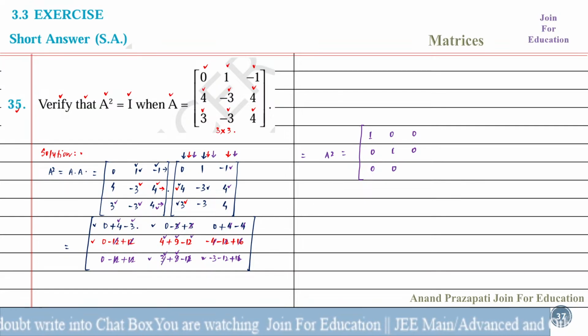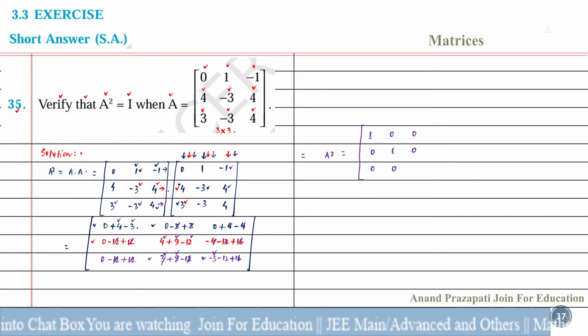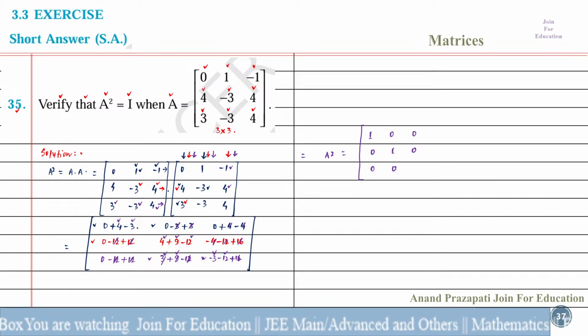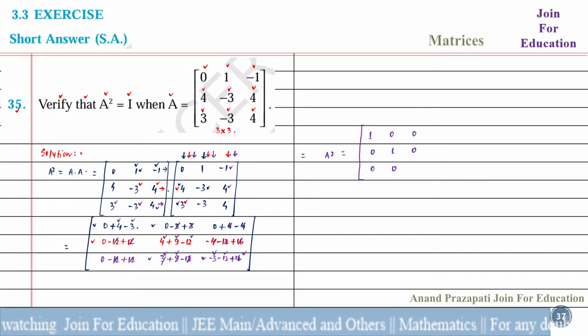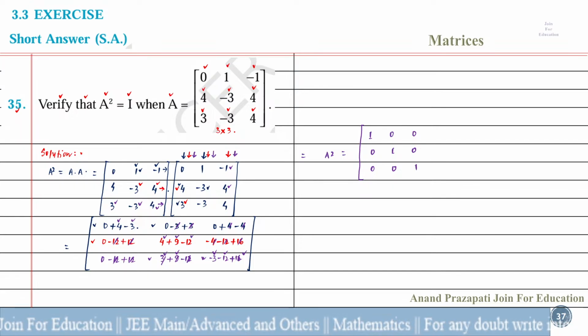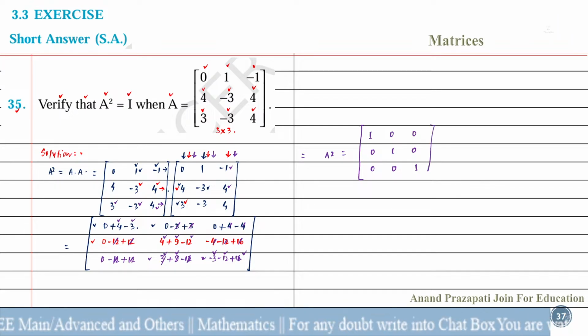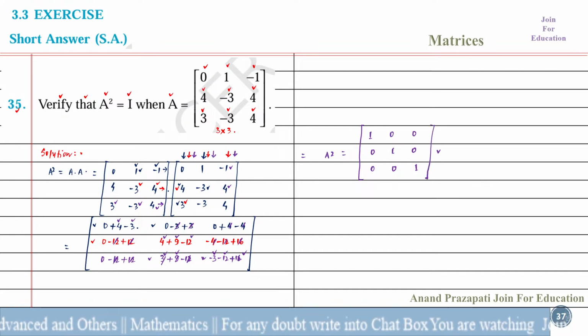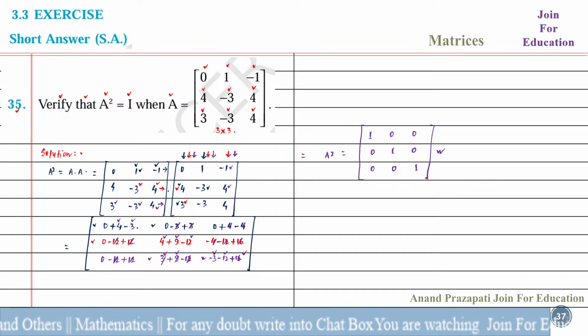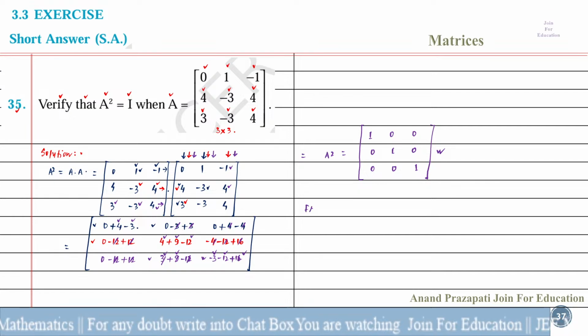Again minus 3 minus 12 equal to minus 15, plus 16 equal to, we get here 1. Observe, there is no problem to understand up to this step. So from working it is clear that